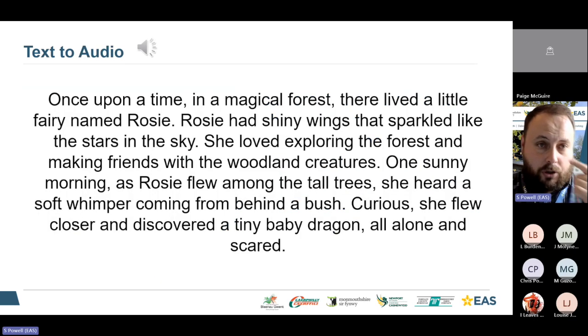We've also got things like text to audio. For those of you who have used things like the read aloud tool in Britannica, it can sound quite robotic, but this tool here, I was able to put in this text and then it plays actually in real lifelike form. You can see there that actually there's more expression, there's more intonation. It really emphasizes particular words better than any of those robotic things we've had in the past.